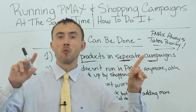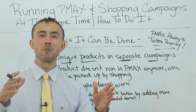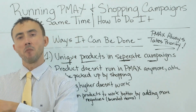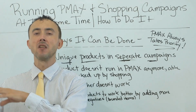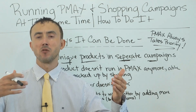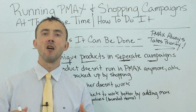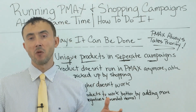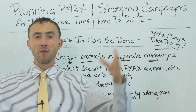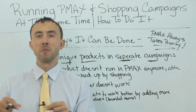That is, unless we're unable to get items to work, like I mentioned here, or we don't have the luxury of waiting around for Google's system to find us the bare minimum ROI or ROAS that we need to be profitable with that PMAX campaign, and we can get to that bare minimum break-even ROI with the standard shopping campaign a lot sooner because we can get rid of all the short tail keywords, two-word search phrases, three-word search phrases, and stop the shopping ads from showing up for people making broad searches, like necklaces for sale or diamond necklaces, stuff like that. Frankly, what you're paying for mostly with that is just to educate people and give them ideas, versus you jumping in at the last second, right before they're going to buy and they're just doing some last-minute price checks to see who they should be buying from, and you snipe the sale